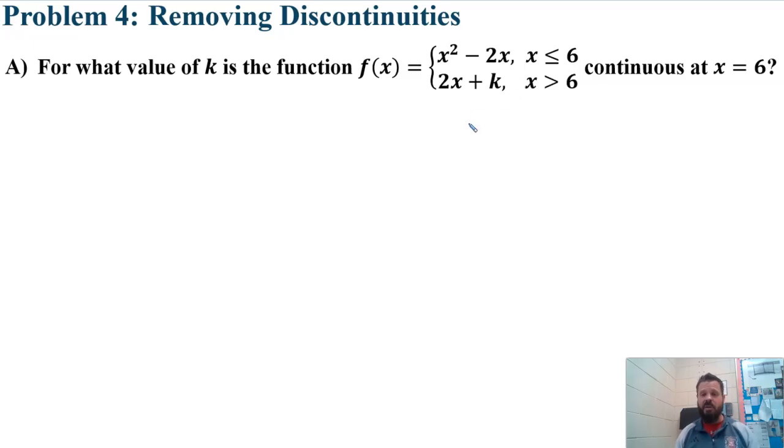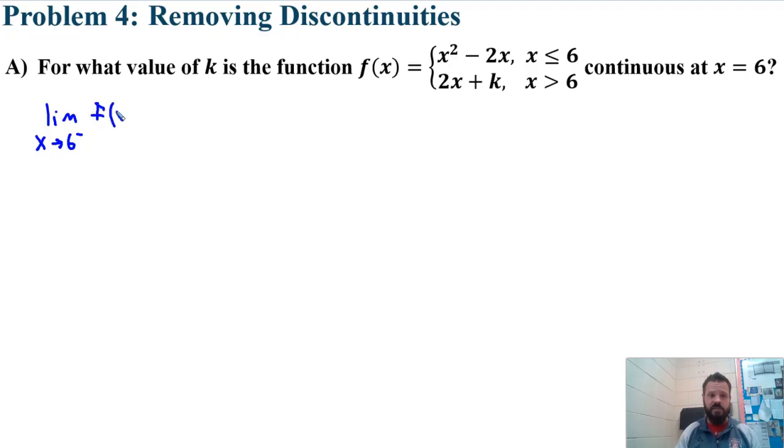And this is a very popular AP exam problem. I guarantee you're going to see one either like this or the next one where you have to find the value of k that eliminates a discontinuity. All right, here's what we'll do for that. Let's take a look at the limit of f of x from both sides as x goes towards 6. We could say the limit as x goes towards 6, okay, when it's below, coming from the negative side